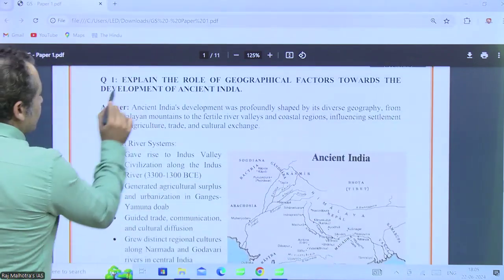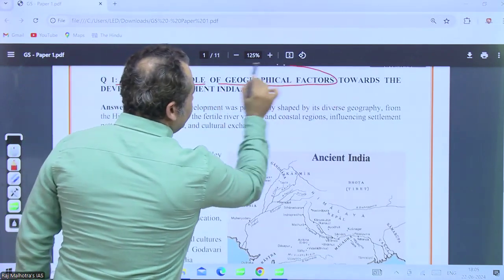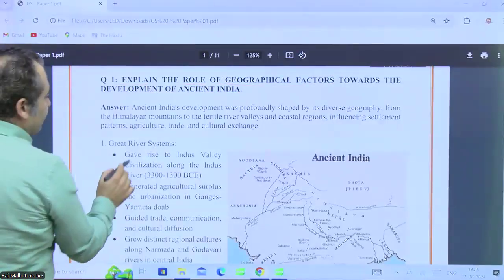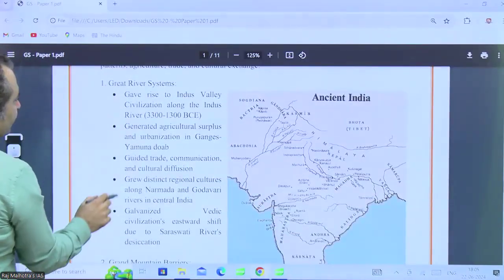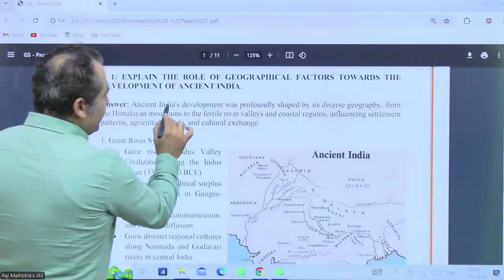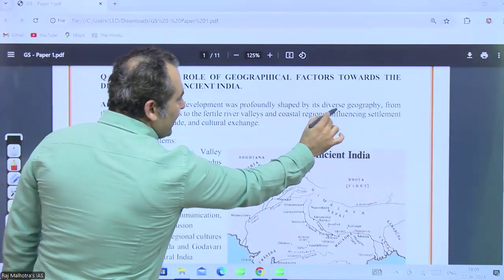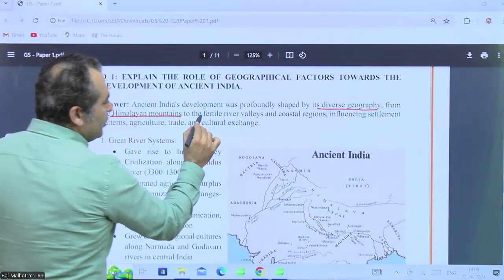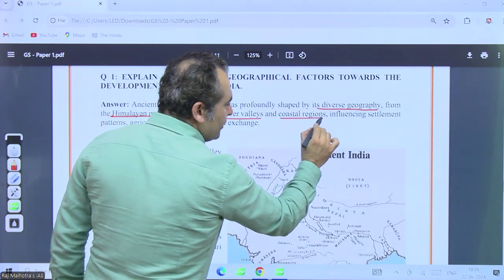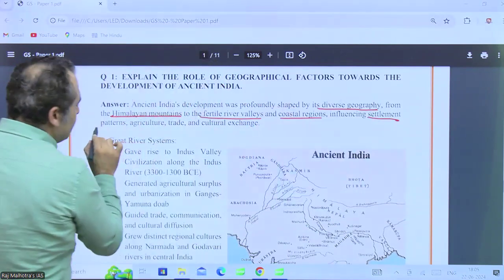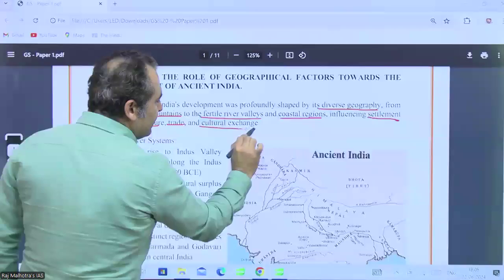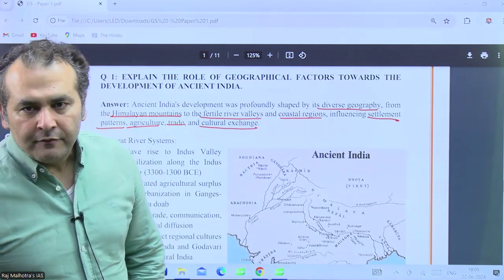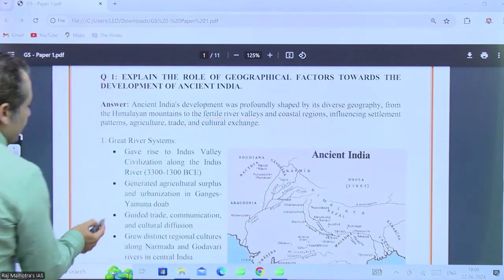We are going to talk about: explain the role of geographical factors towards the development of ancient India, right? So the answer starts. Let's first understand the introduction part. Ancient India's development was profoundly shaped by its diverse geography, from Himalayan mountains to fertile river valleys and coastal regions, influencing settlement patterns, agriculture, trade, and cultural exchange. Right? So, this is a small introduction. With this introduction, then we start with the